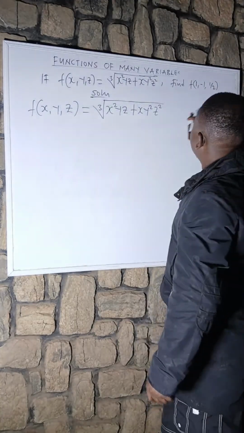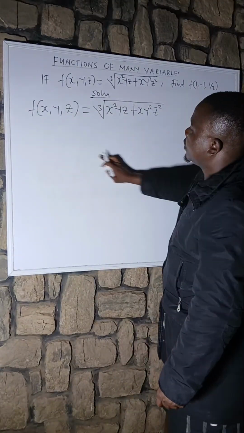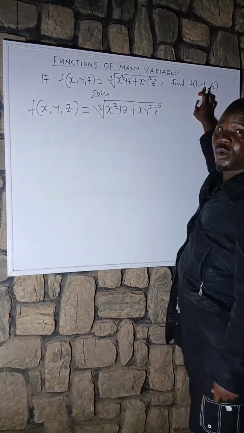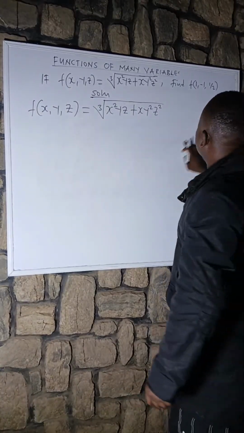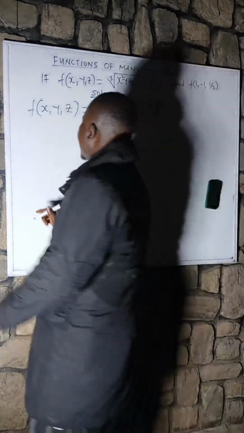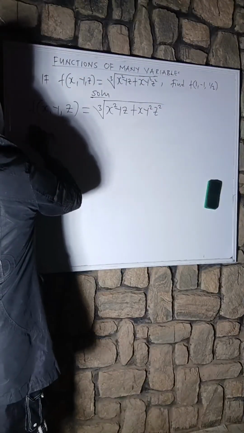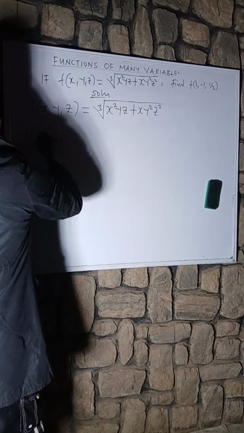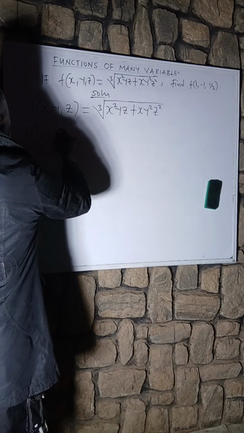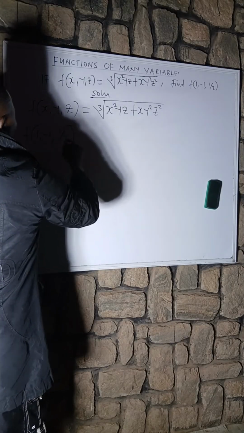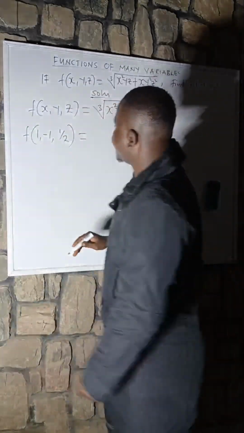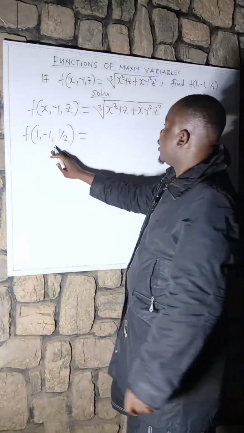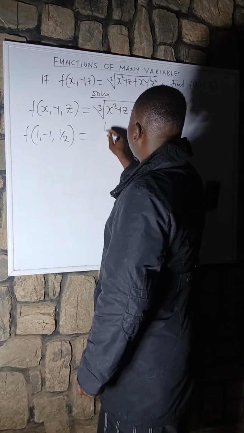So it means x is 1, y is minus 1, true or false? z is 1 all over 2, right? So here f of 1, minus 1, 1 all over 2 equals the cube root